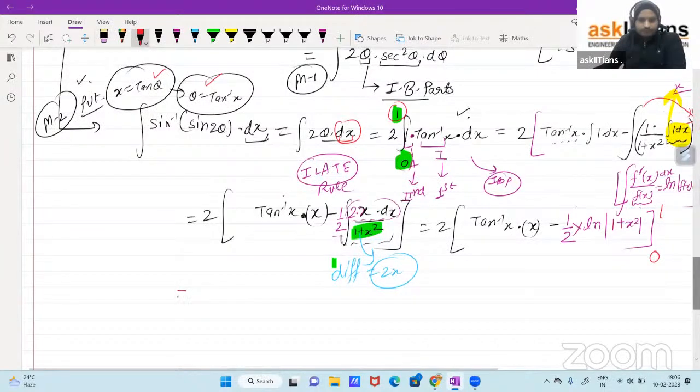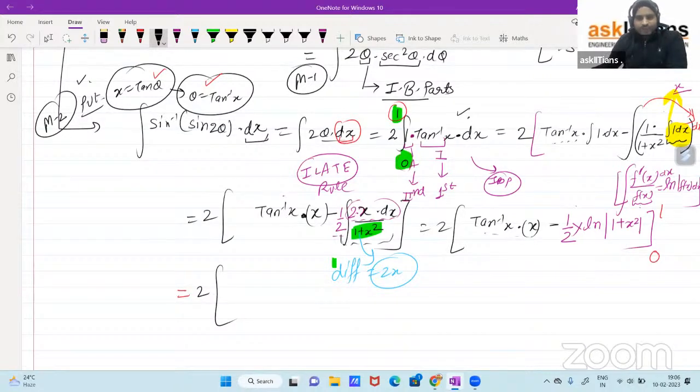So that will be equal to 2 as it is, into the upper limit when you put it here. So 1 into tan inverse 1. So basically you are getting tan inverse of 1 minus half ln of 1 plus 1 square. So 1 plus 1 is 2, ln 2 you are getting, right? So this is your upper limit. Clear? Minus